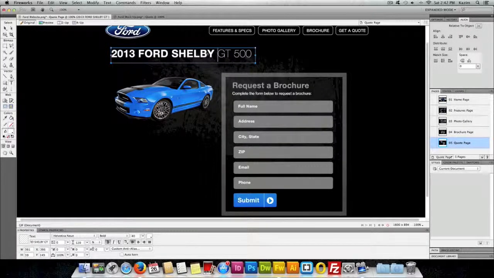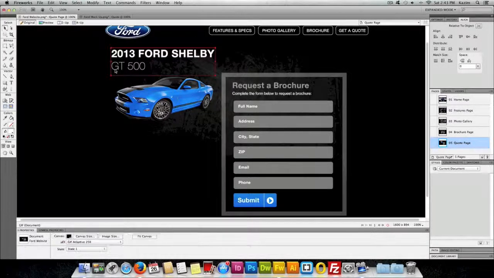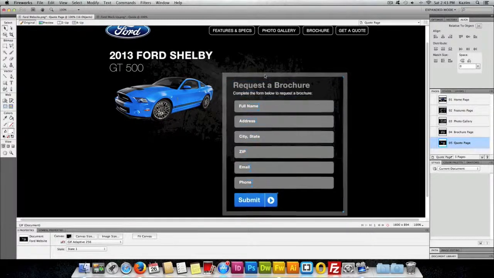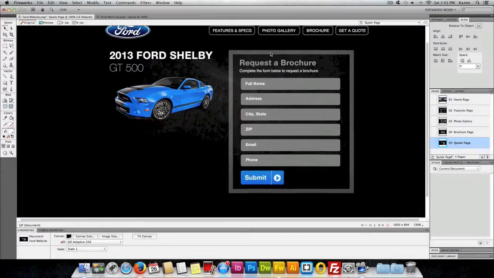I'll double click on this text box to enter it, and after the word shall be, I'll hit enter on the keyboard, and that word goes GT500 below 2013 here. Next thing I'll do is write the price of the car. We can move this form a bit more up. Just click and drag this form and move it a bit to the top and to the right,